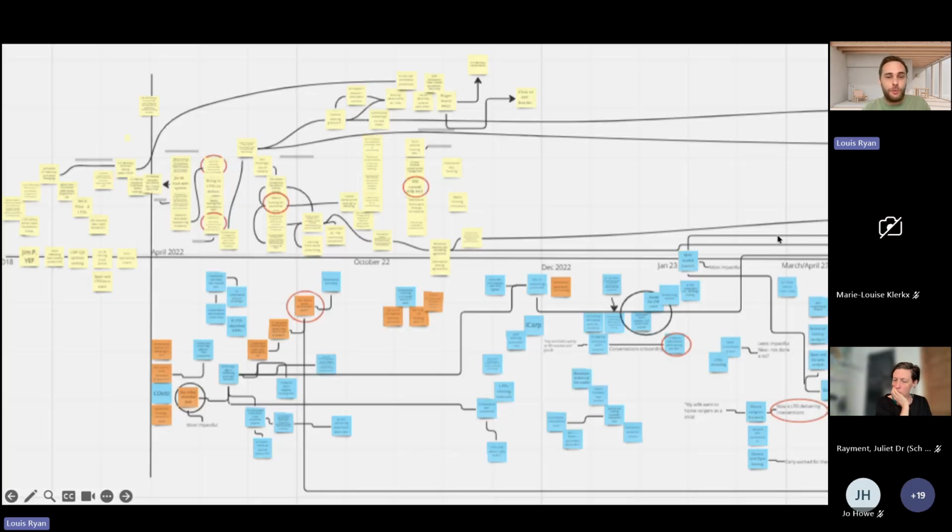So this is what a map might look like. We've deliberately not zoomed in, and we've zoomed out just to show you what it may look like. And every map I've done has looked different. Sometimes you'll see lots of post-it notes that aren't connected. And from a surface view, you might say, actually, there isn't a lot of ripple effects going on. Lots of this is individual actions, individual impacts, but nobody knows if they're connected or what they connect to.